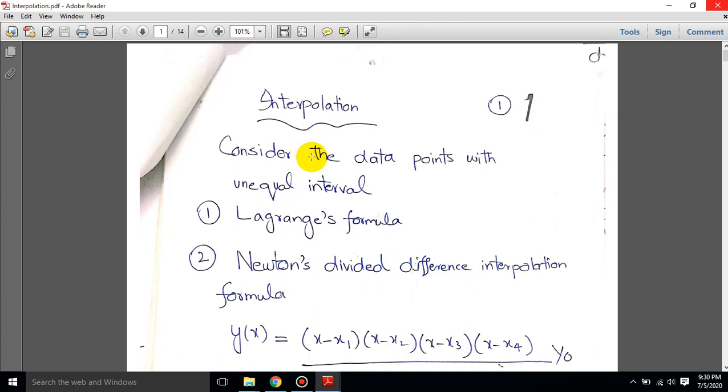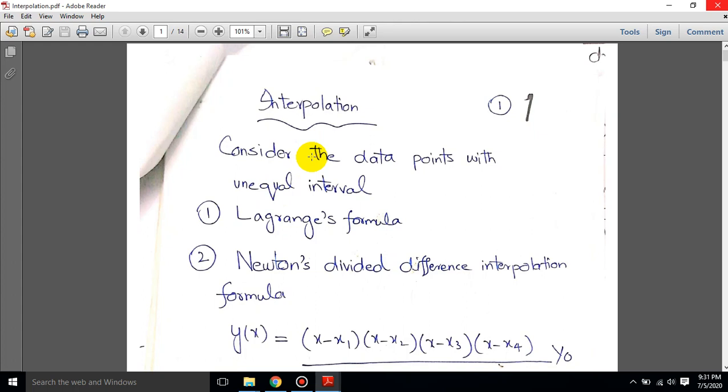In this lecture of our numerical methods course, we're going to talk about interpolation in numerical methods, or numerical computation. As far as its definition and introduction are concerned, you have studied its definition, working rules and theory in my previous lectures as well. But in this lecture we're going to talk about the different methods for interpolation in numerical methods. So I want to define interpolation here as well.